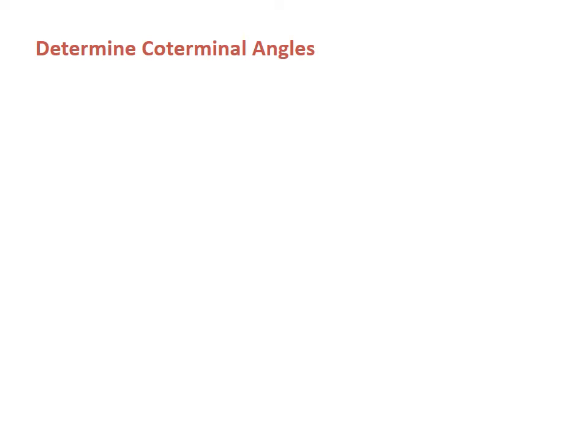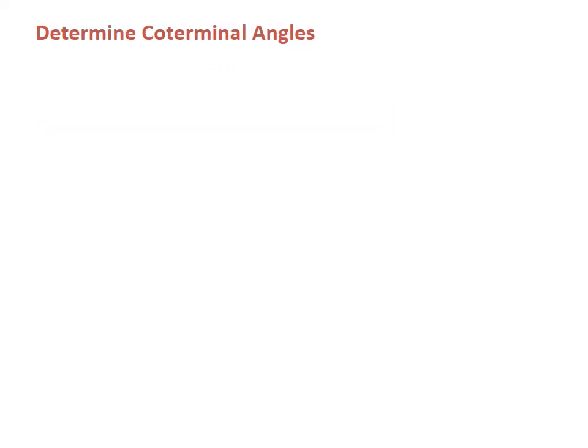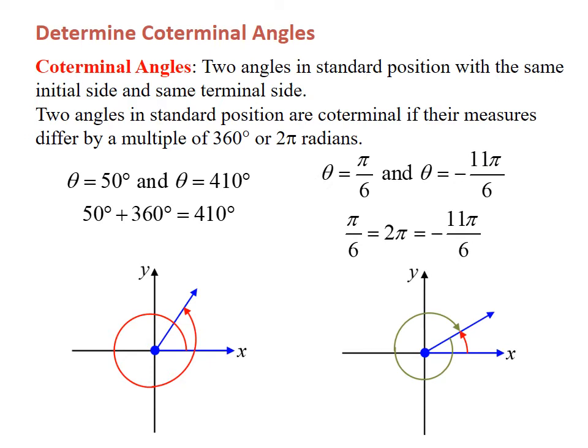Now we're going to try to determine coterminal angles. Coterminal angles are two angles in standard position with the same initial side and same terminal side. So here, let me put everything up here. Basically, what this means is angles are coterminal if they have angle measures that differ by either 360 degrees or 2 pi radians. For example,